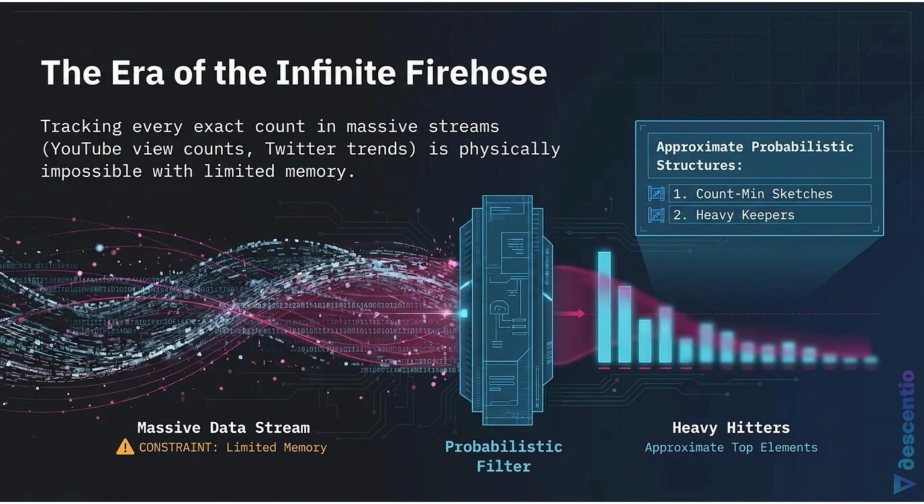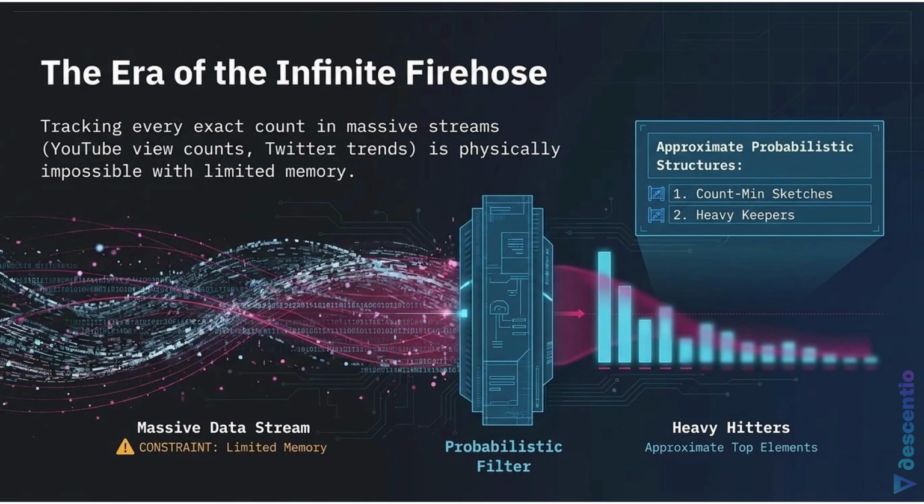Okay, I have to ask about the count-min sketch. How do you track the frequency of billions of items in a fixed amount of memory without the counts becoming entirely corrupted? I know it uses hashing, but how does the mechanism actually guarantee you don't lose your top items? It's so clever. It uses a matrix of counters. Imagine a grid, just several rows and columns, and it has a distinct hash function for each row. Okay, a matrix with hash functions.